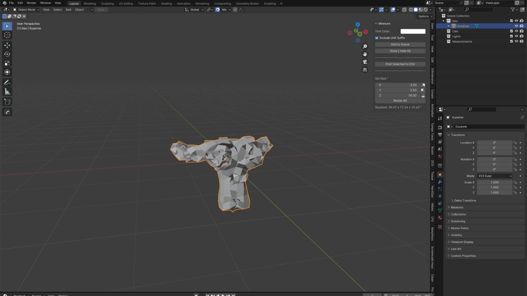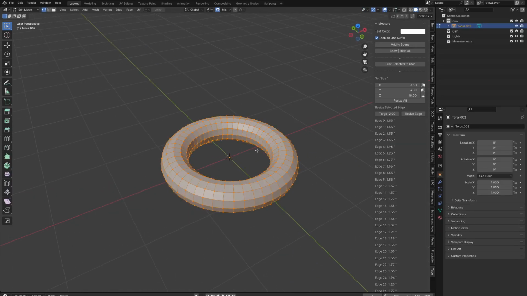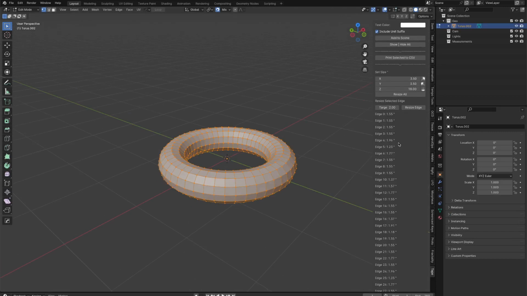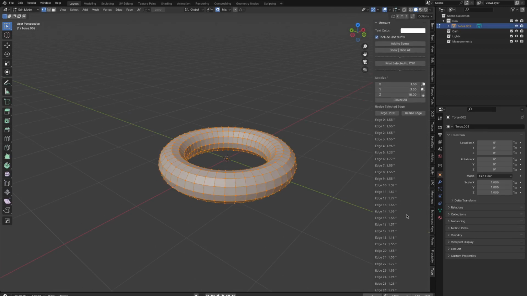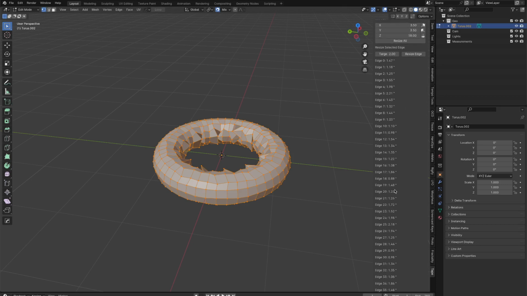I'll do that again with a torus, to see if maybe it visualizes it better. So you can see all these edges are somewhere in between like 1 inch and 2 inches. What if I say I just want them all to be 2 inches and I hit it once. You can see that the variety in the values is pretty high,